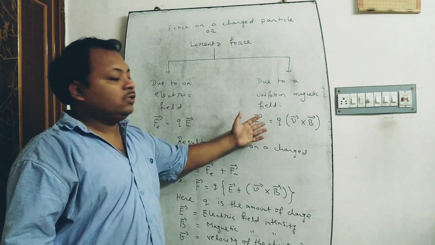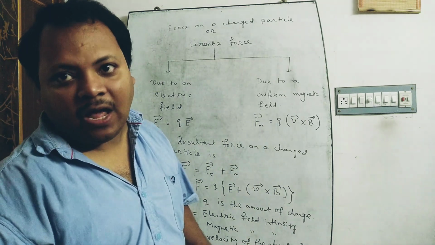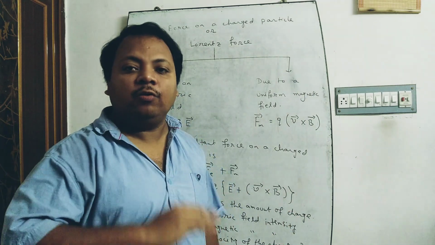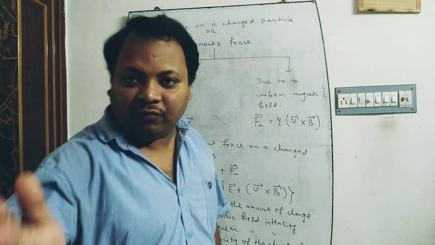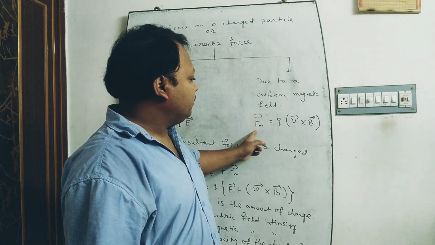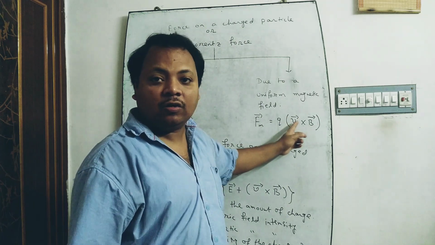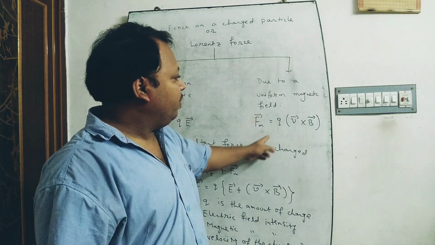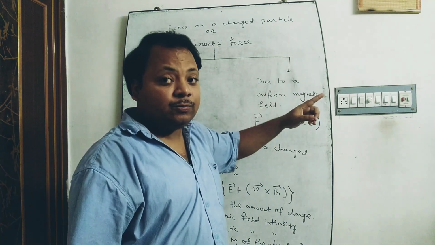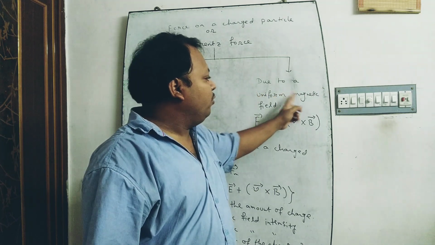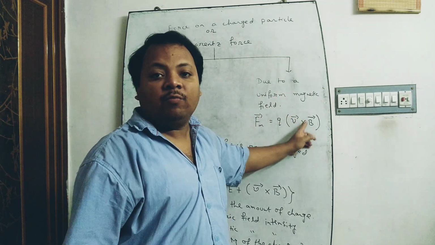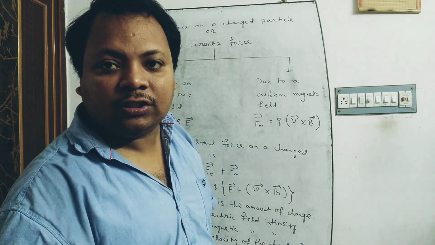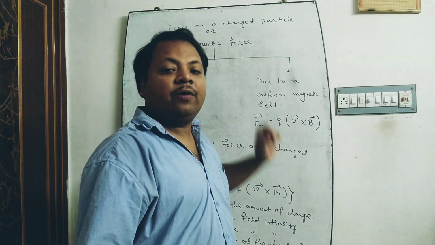And another force is Fm, and it is experienced by the charged particle due to its own motion through the uniform magnetic field. Fm, or force, is equal to Q into V vector cross B vector. Here Fm is the force on a charged particle due to a uniform magnetic field, where B vector is the uniform magnetic field and V vector is the velocity of the charged particle, and Q is the amount of